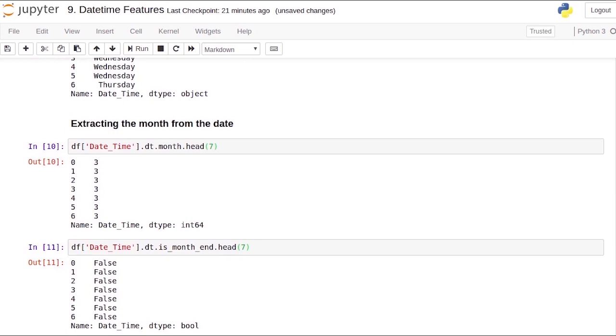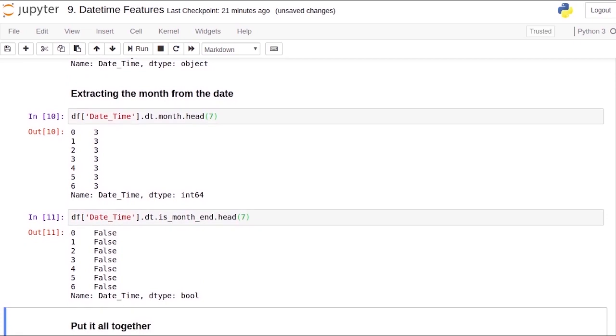In fact, I strongly recommend taking up this dataset or any other dataset that has a date time feature and experimenting around using what we've learned here or exploring other things that you can do with date time values. That's how you learn new things. Finally, what I'm going to do is bring all of what we've learned so far together.